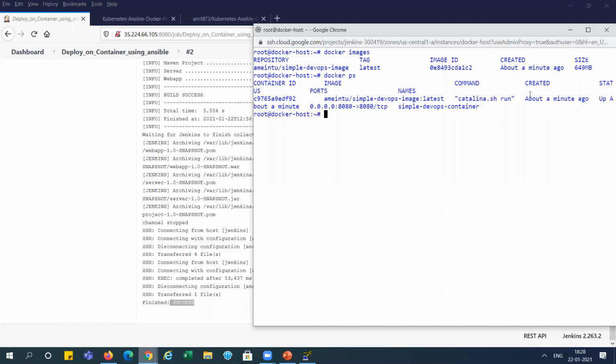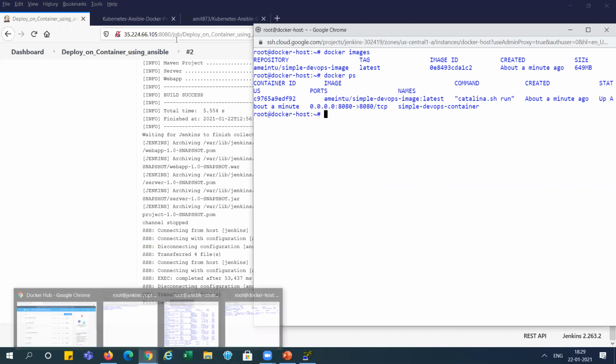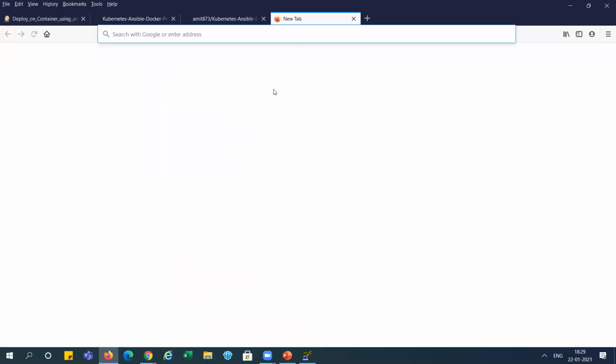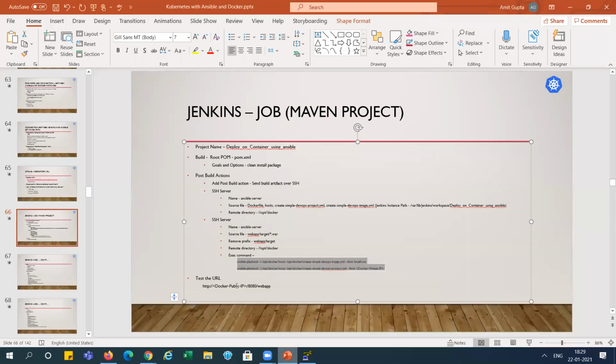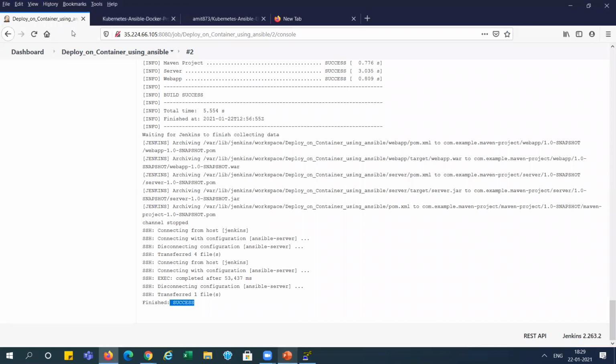This is about a minute ago. This is running on port 8080. So we can go and check it. To run it, you can see here we need the Docker public IP and port number and web app, right? So Docker public IP, this one.